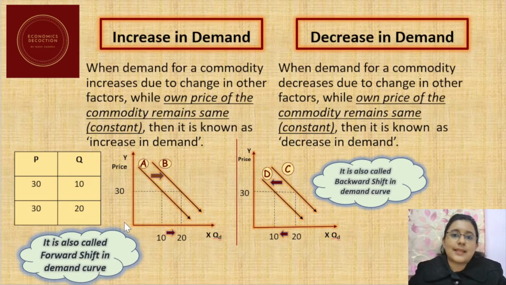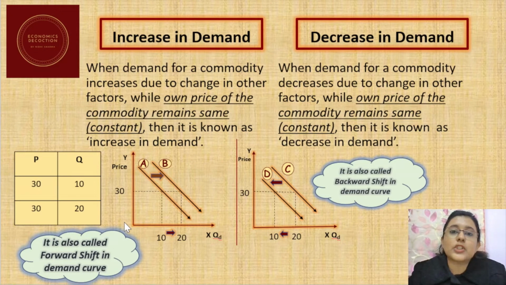Let's understand this concept of increase in demand and decrease in demand, or we can say shift in demand, with the help of an example. Let's consider there is a company that sells pizzas. So the company basically decided that let's increase the quantity demanded of our pizzas among the consumers. In doing so, the company management thought that let's keep the price of our pizzas constant, say at 30, as we have shown in the graph. So the price of the pizzas must be constant at 30, but still we should get an increase in demand.